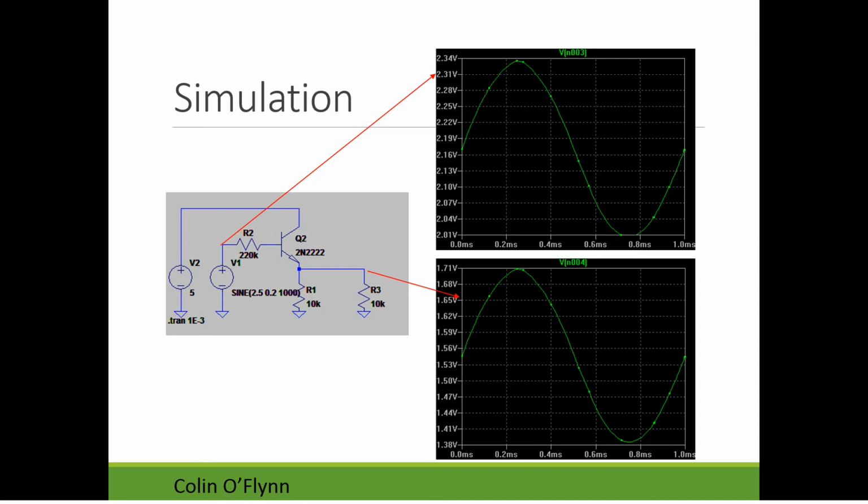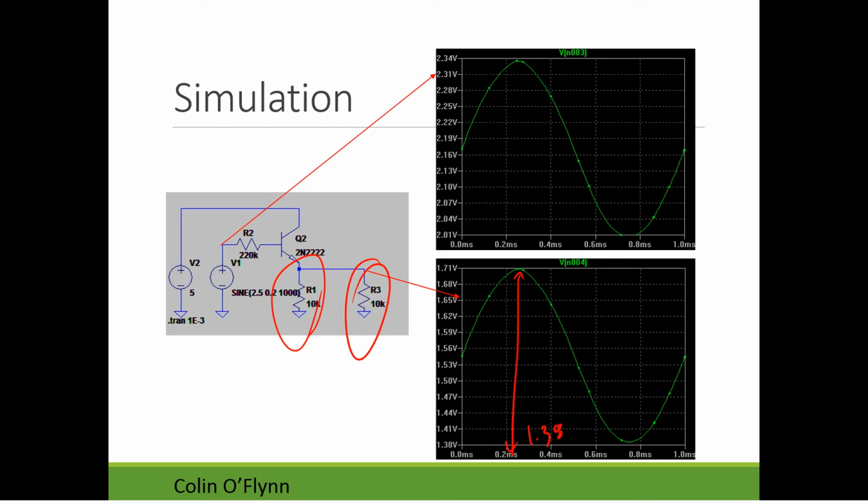If I simply put that really easy transistor in here, the 2222 that's in your kit, and again I have that 10K load here, but I've also added an explicit emitter resistor, the emitter follower configuration, you can see even with this really simple circuit we've now got a swing from 1.71 volts to 1.38.